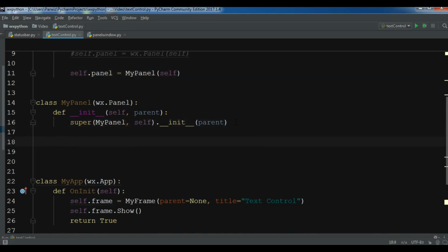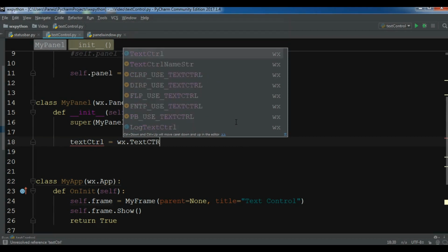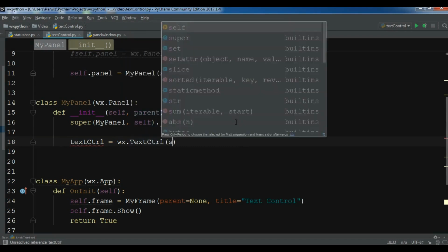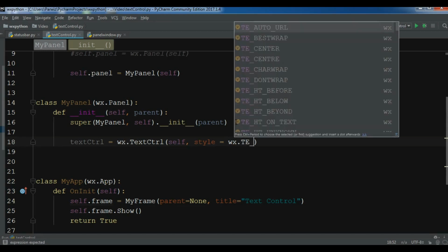So for this I want to make a text control variable, wx.TextCtrl, like this, and it needs some parameters. The first one is self and the second one is the style. This is important. So for the style there are different styles. For this I'm going to take wx.TE_PASSWORD